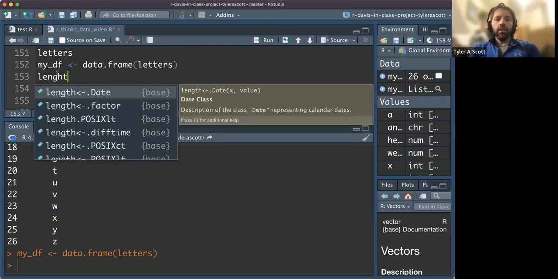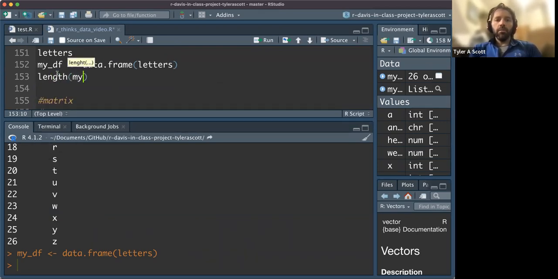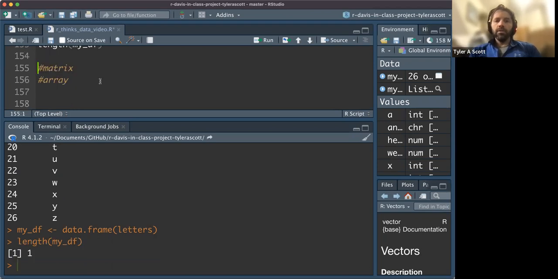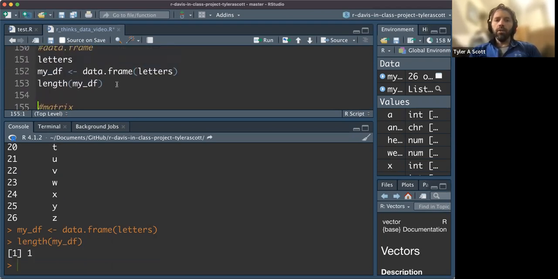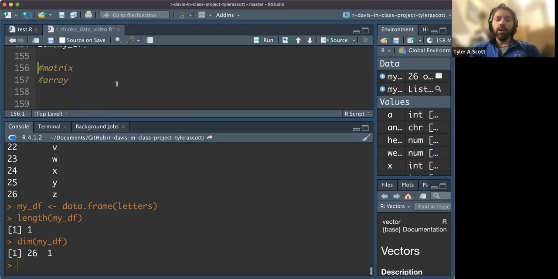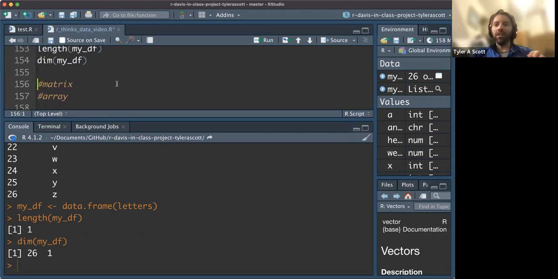If we call length on my data frame, it says length of 1. That's kind of weird. Let's check out a different function. Dim, this is short for dimensions. If we call dim on my df, we get 2 dimensions. And so now you can probably get a clue about what length is actually sort of accidentally measuring here, which is the number of columns. What dim shows is we have 26 rows